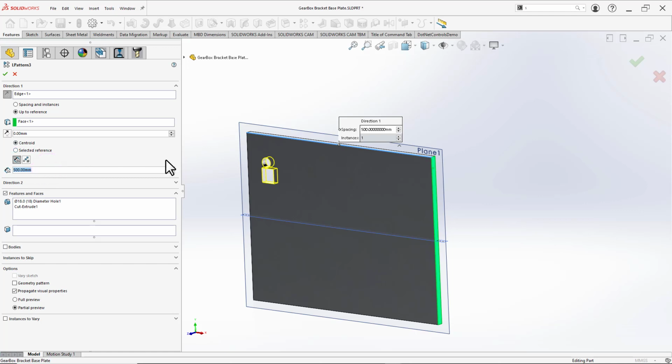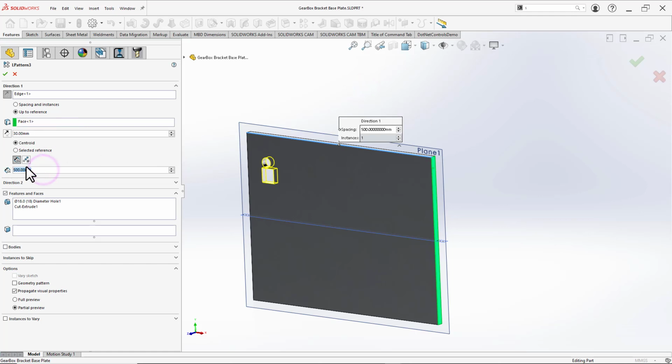Okay, back to the main subject. Once you introduce a reference, you get to use offset as well. Currently the offset is 0. What offset means is that, okay, create instances of this feature along this edge until you reach this reference, but create an offset from the face. Imagine this face wasn't here. Imagine it was actually 20 millimeters offset from where it is right now. So never get closer to this reference than the value I enter here. So if I say 30 millimeters,